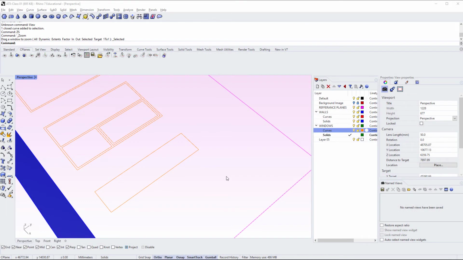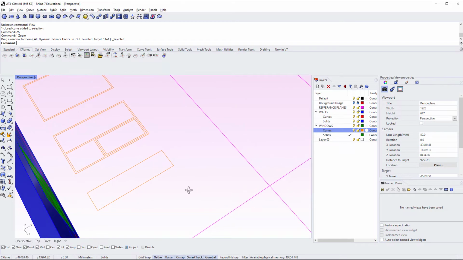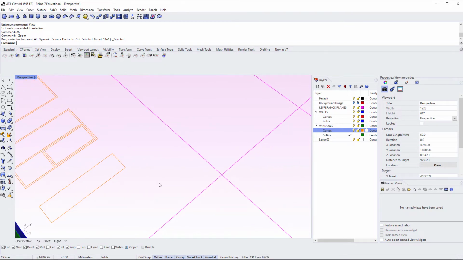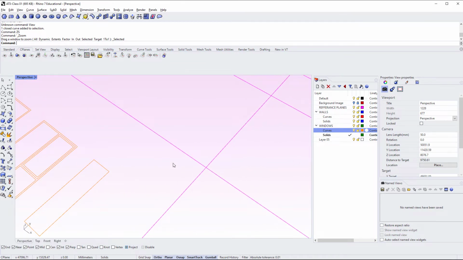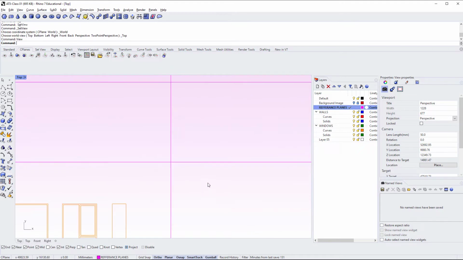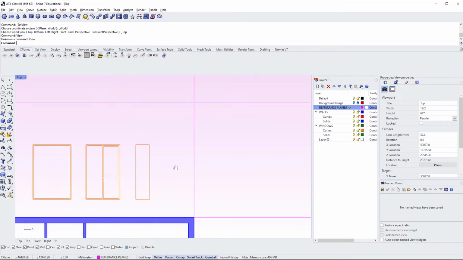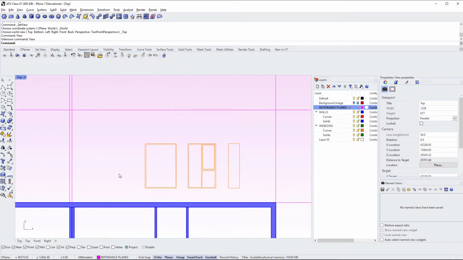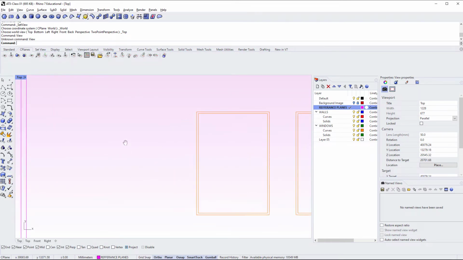With a basic understanding of blocks and how we utilize them to model windows, let's take a closer look at doors and how we would go about modeling a typical standard door. So first thing to do is I'm going to go to my reference planes layer, go to my top view, and we've got our windows we've been working on here, and next to that I'm going to just draw a line